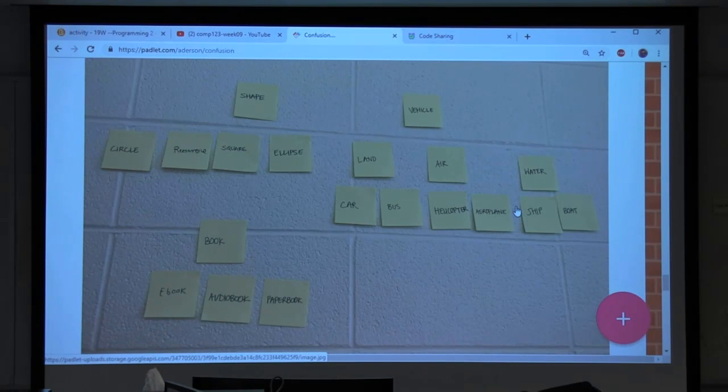Okay, so vehicle is the parent class of land, air, and water, which could be the types of vehicles on land, on air, and on water. Okay. So car and bus are the vehicles that run on land. Helicopter and aeroplane are the air vehicles, and ship and boat run on water. Awesome. I think that's a good way to put it.